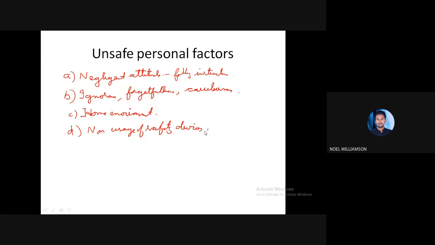We have all been given the instructions to wear a mask while traveling, whether it is a single mask or double mask, anything. But what we can see is 90% of the people will not wear it properly, or they are not using it in the same manner.